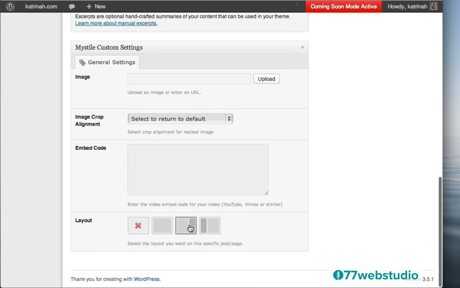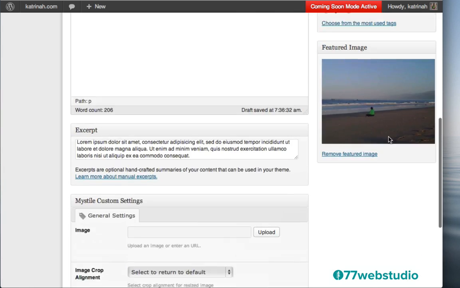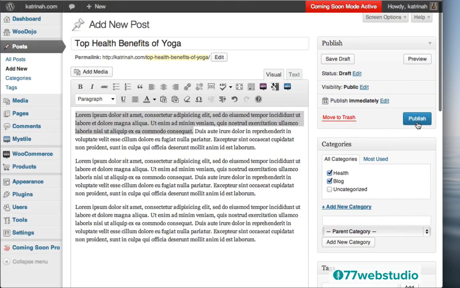And finally, you can choose in the layout settings where you would like, right down here below, if you'd like a right-hand sidebar, a left sidebar, or no sidebar. So this is a blog post, so I do want to start including a sidebar now. So I'll click on this one here to have a right-hand sidebar. And then I'm going to scroll up to the top and click on publish to publish this blog post.